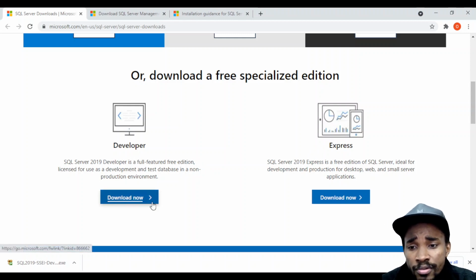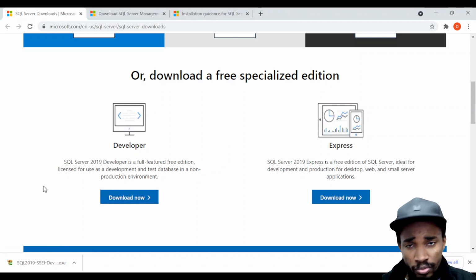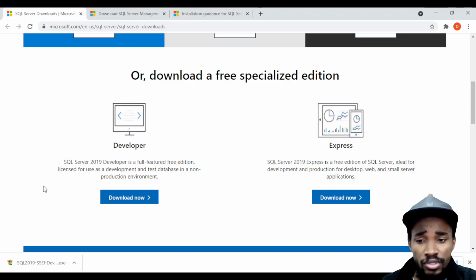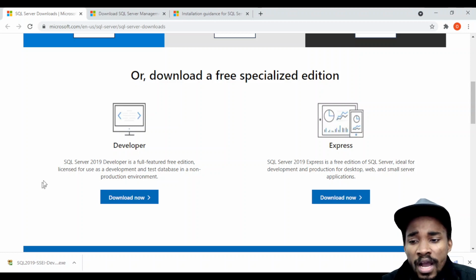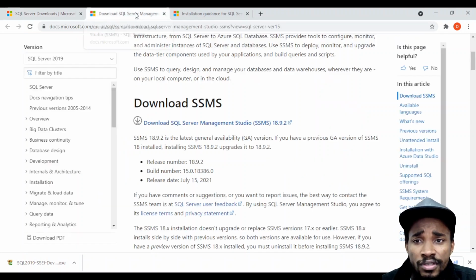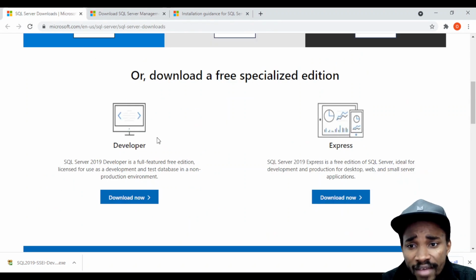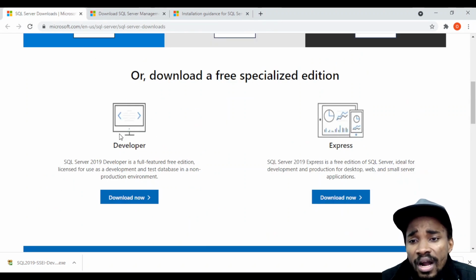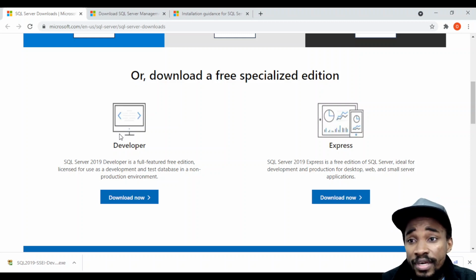You just have to download this, and a wizard takes you through the journey of installing it and making sure that SQL Server is working correctly on your computer. After you've installed this, the next thing you have to install is an IDE to interact with this server, because this is just the server. It doesn't really have a nice interface, because the only way you can connect to it once you've installed it is by the